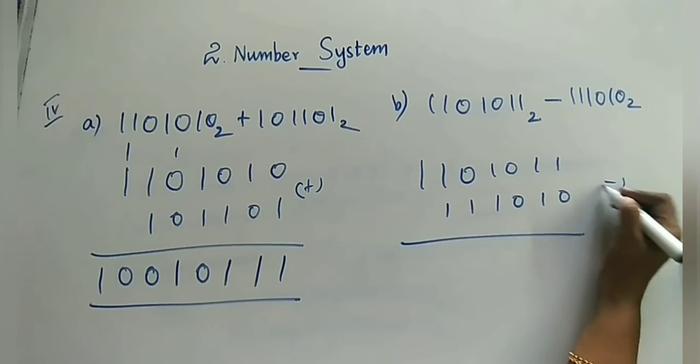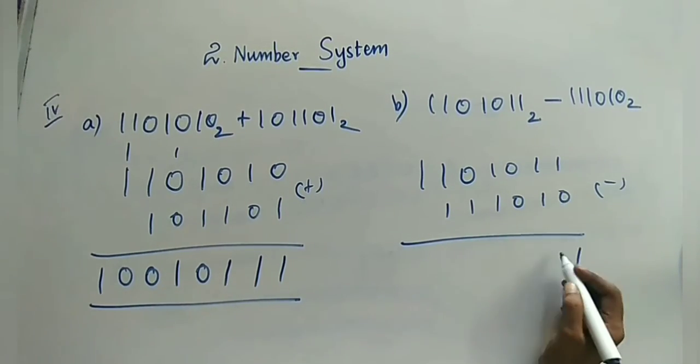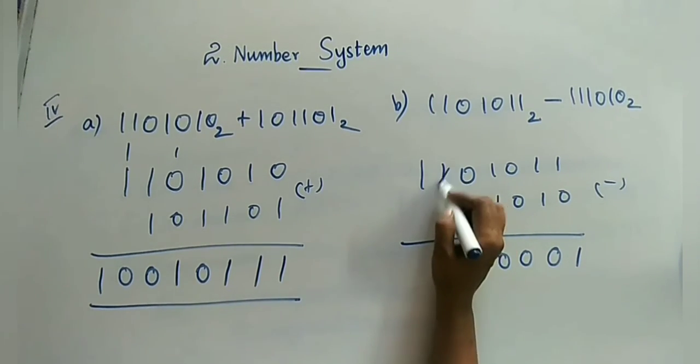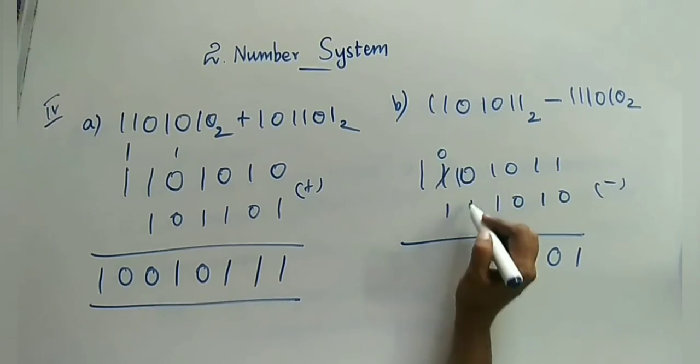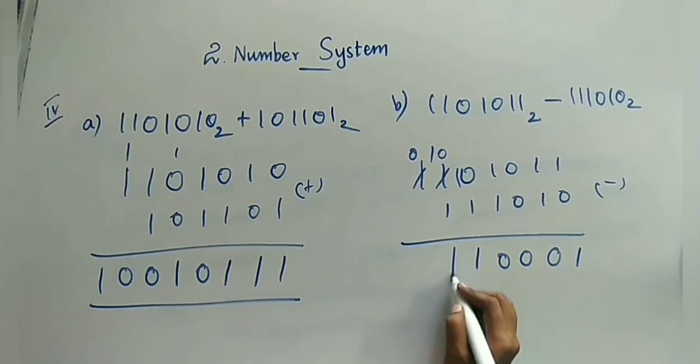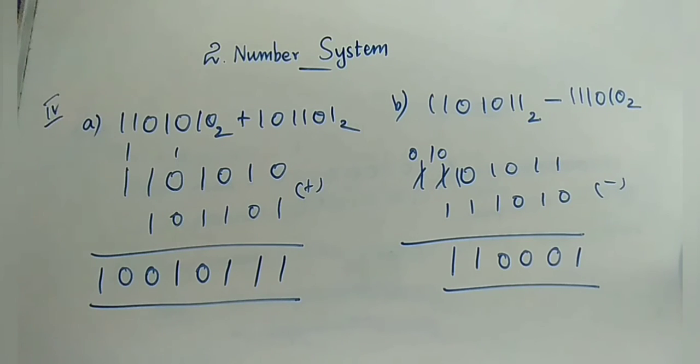It is your subtraction. Yes, 1. 1 minus 1 is 0, 0. 1 minus 1, 0. Here 1, you are having 0. You are going to borrow. So it is 1. Again, you are going to borrow. It is 1. This is your answer. You have to take it and write it down neatly. So clear with this one.